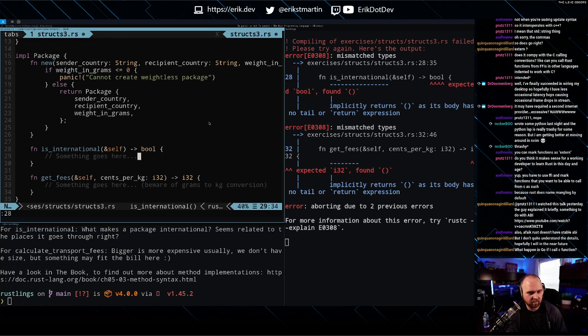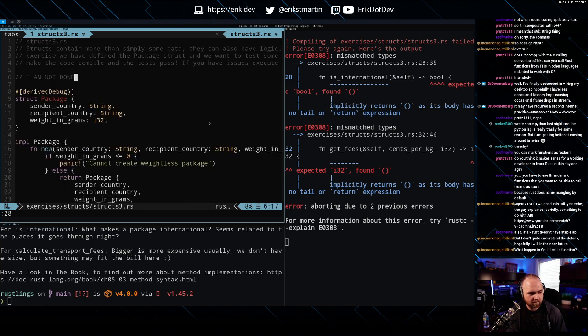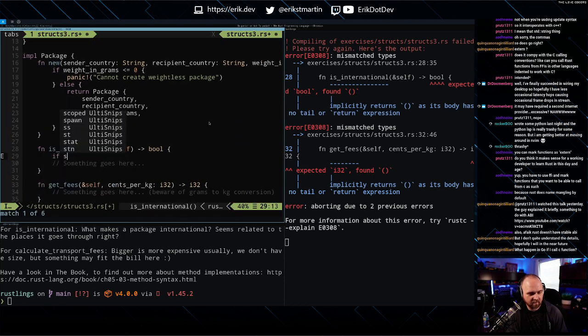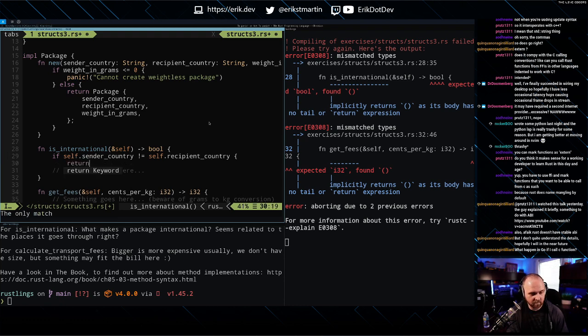So we need sender country, recipient country. Okay. So in here we want to say if self.sender_country is not equal to recipient country, we're going to return true.